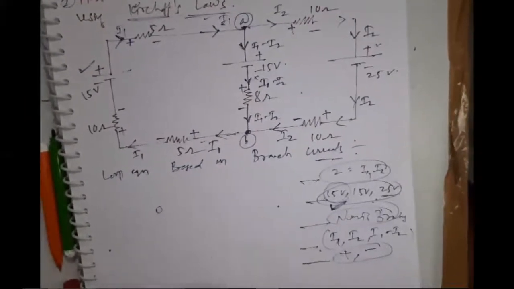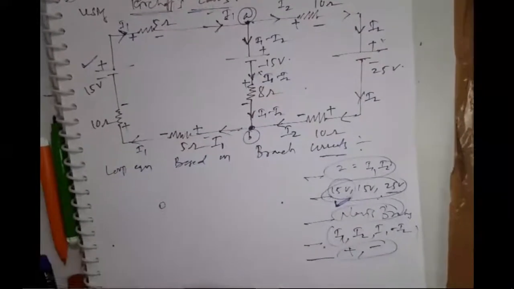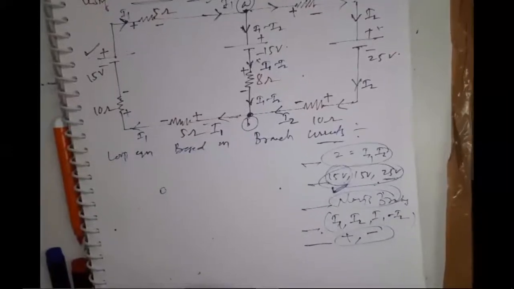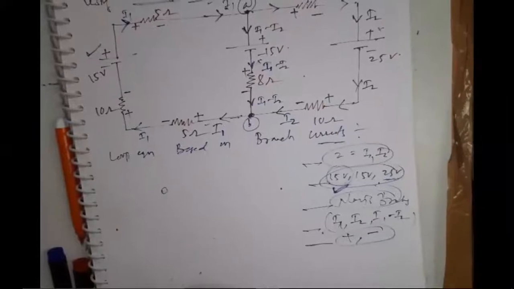What is rule number 5? Apply KVL, or draw the loop numbers for writing the loop equation, and draw the loop direction of your loop. I am following, irrespective of the branch current direction,